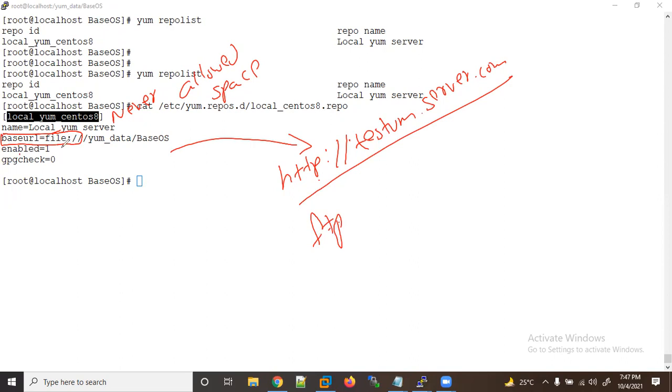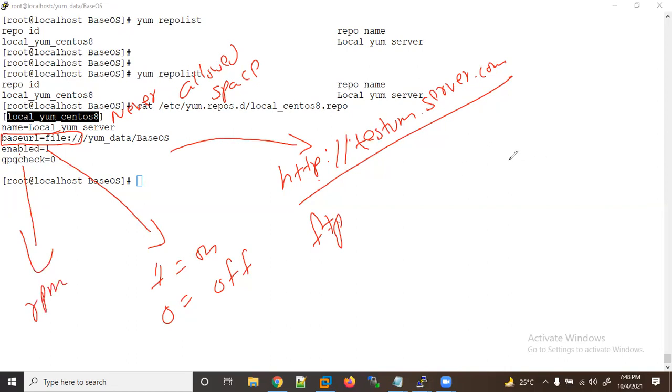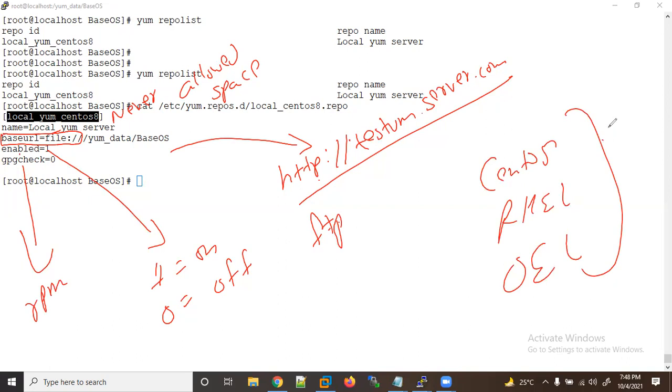So enabled 1 means on, 0 means off. GPG check means it will check the signature of the package RPMs. In CentOS, RHEL, and OEL, packages have the extension .rpm.